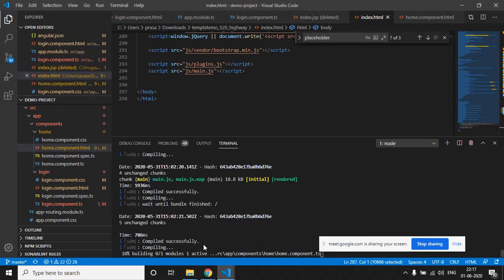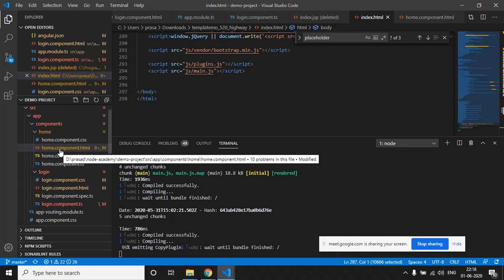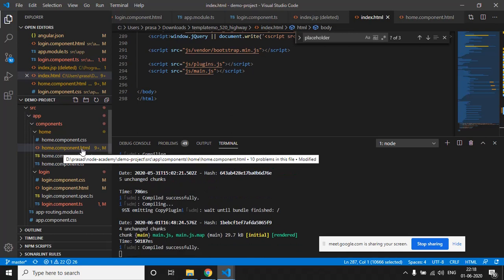Now the app is still compiling, so that's why it is not there. We will wait a few seconds so it will be compiled, and then we will check in the browser what we can see in the home component, because we have pasted all the contents from the index.html file into this home component.html file.